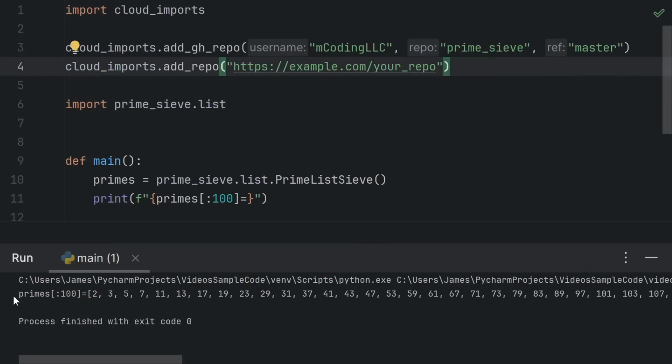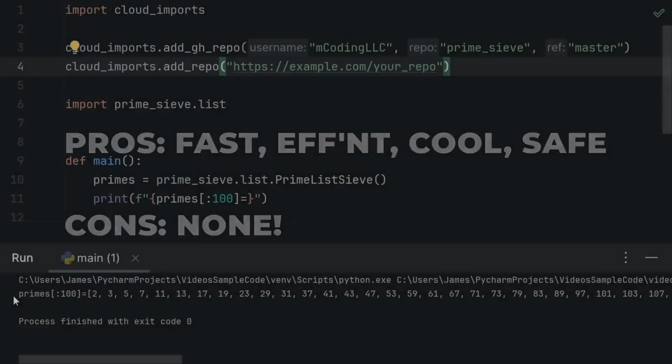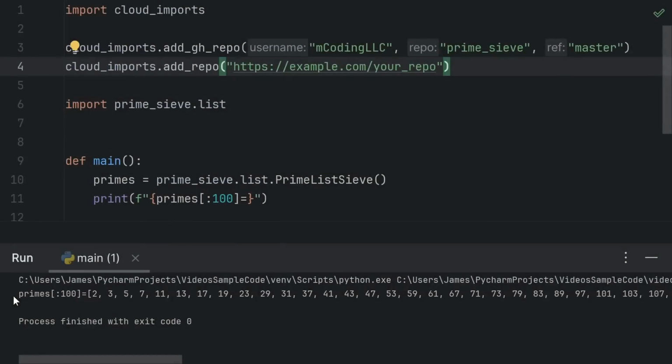There are absolutely no downsides to running code directly from the internet. It's fast, it's efficient, it's bleeding edge, and there are no security risks whatsoever. So for the low price of $39.99 a month,